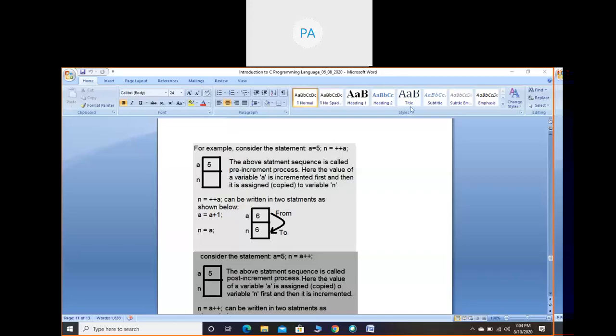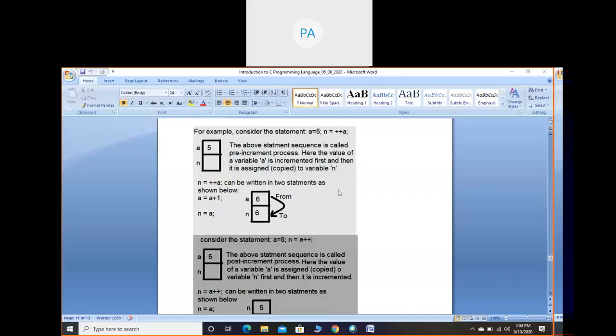So coming to the pre-increment operator, that is if an operator is placed before the